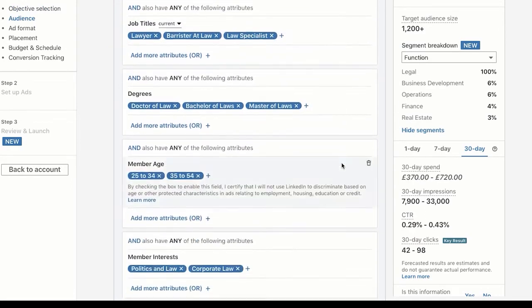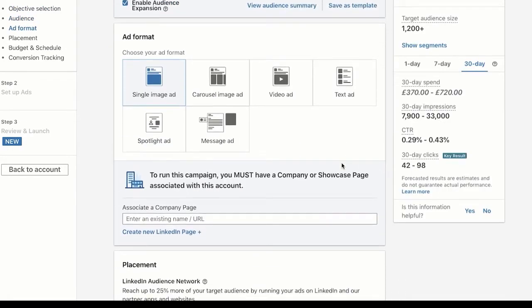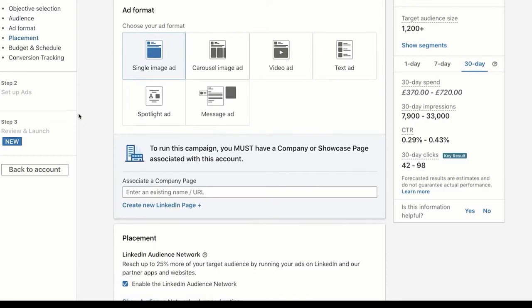After selecting the audience, the next step is to choose our ad format. Okay, so let's look at these. LinkedIn provides us with a lot of different ad formats, such as single image ad. This is what will show up on the news feed. And you have carousel image ad. This is where you can have 2 or more images. And then you have video ad and